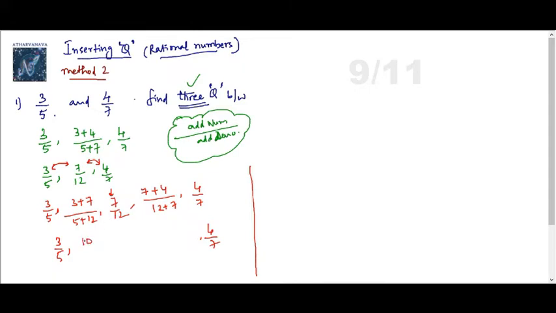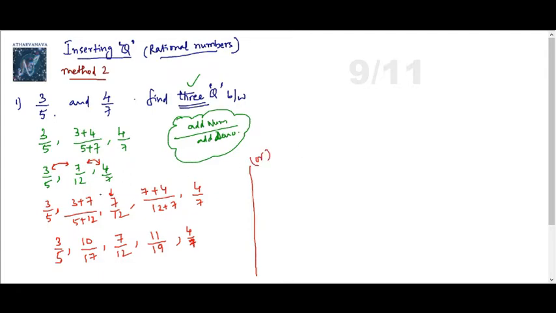So it will become 10 by 17 comma 7 by 12 comma 7 plus 4, 11 by 19 comma 4 by 7. Okay, I'll use this eraser and make a small change, just drop it. Right, so 4 by 7. This is how you can insert the numbers between the given two rational numbers.